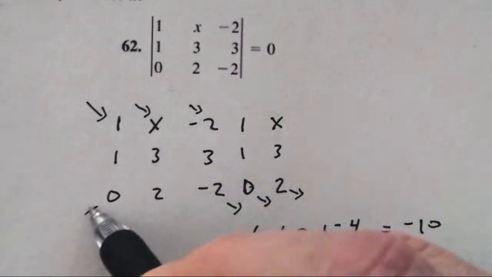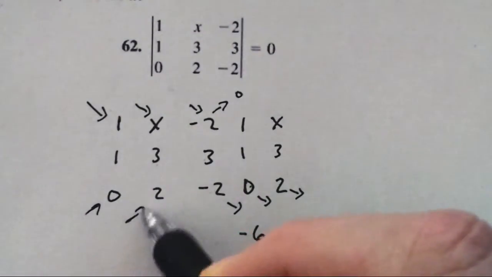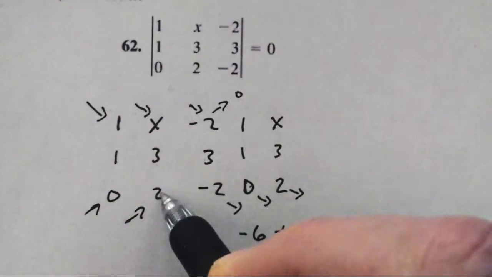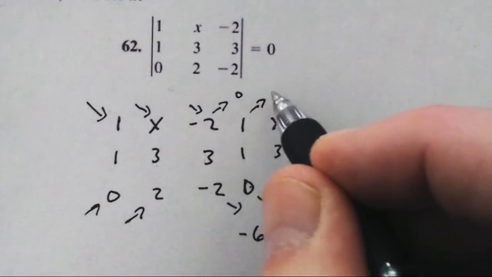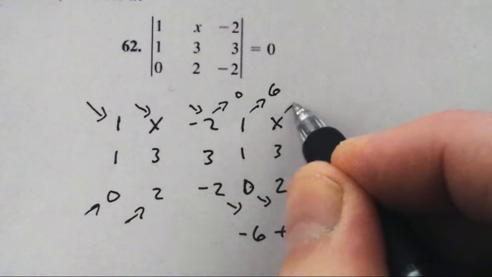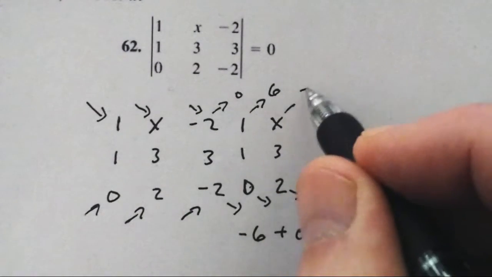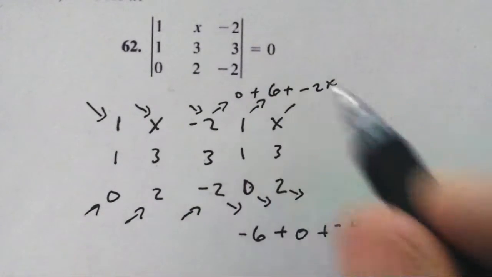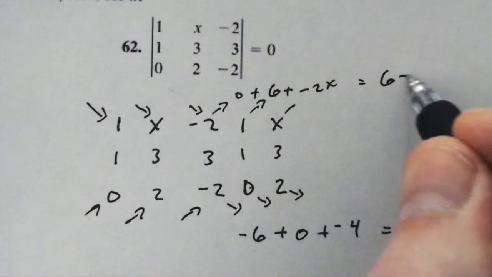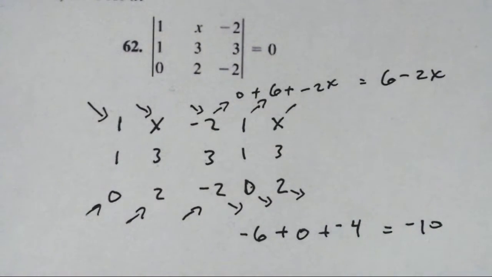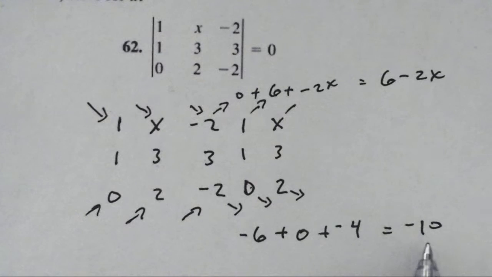Upward diagonal, the first one is 0. This 0, 3, -2, 2 times 3 times 1. The next one is 6, and the last one up here is -2 times 1 times x, -2x, and we add all those together, and we get 6 minus 2x. And we take the bottom,